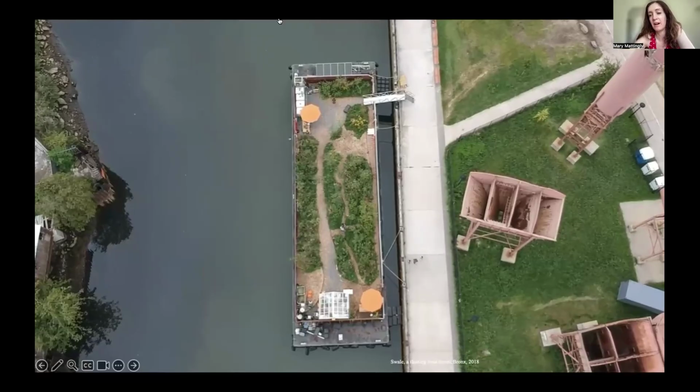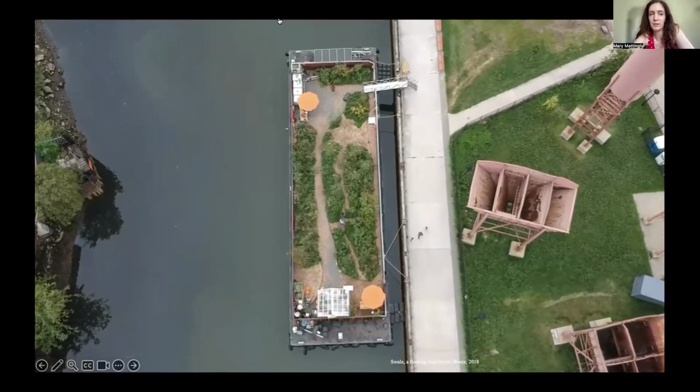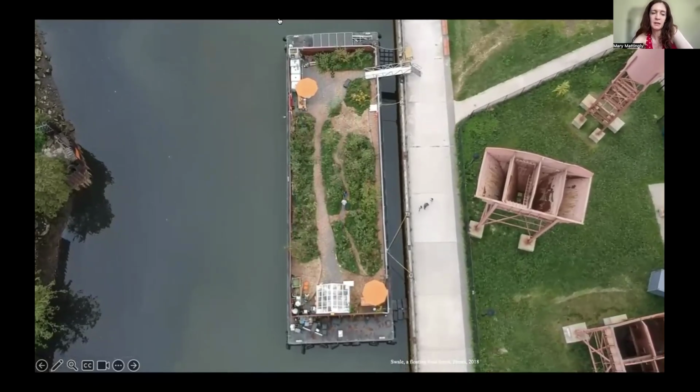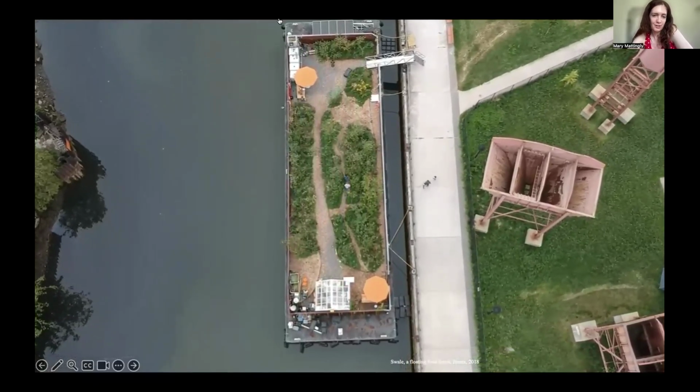So this has been an ongoing long-term project, but it shut down in 2019, right before the pandemic. It's a barge, like a floating food forest on the water, and it has been able to dock at different piers around New York City to combat this very old land law. It's a very local project. The land law doesn't allow foraging on public land, which is 30,000 acres. There are about 100 acres of community garden space in New York, but there are these 30,000 acres of potential space for accessing fresh foods.